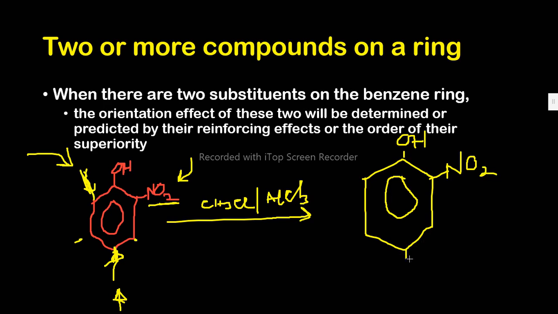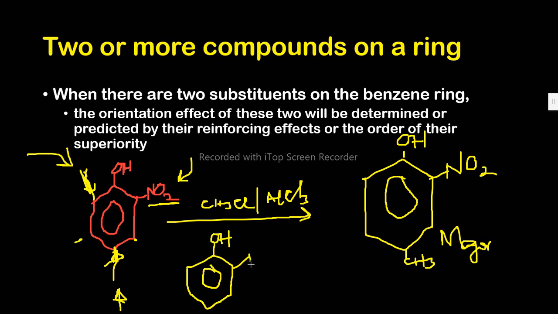You have the CH3 here. So as simple as that, this is the major product, and the minor product is going to be the one with the CH3 here. This one, let me write it. You know, if I don't write it, you'll be like, hey teacher, what's that? So you have, this is a ring, and you have the OH, and you have the nitro group here. So the minor product is going to be this,